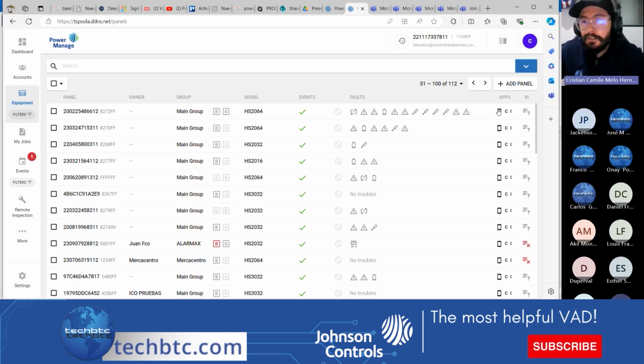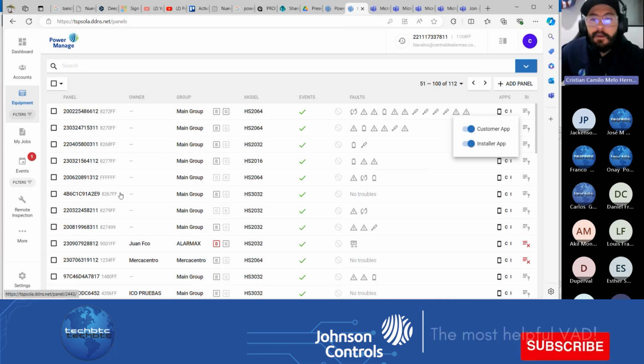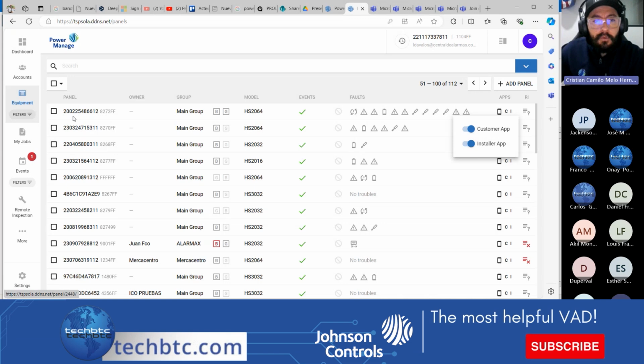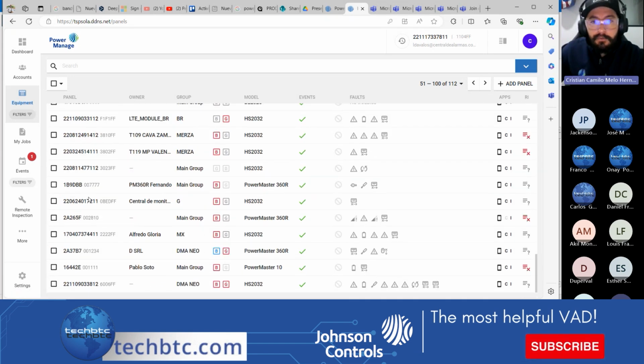At the end of this column, you can also enable or disable the app for the final user or for the installer user. Yes, remember that we have the connect alarm and alarm tab. Yeah, that's right. So I know when you click on one of those panels, I am going to click on